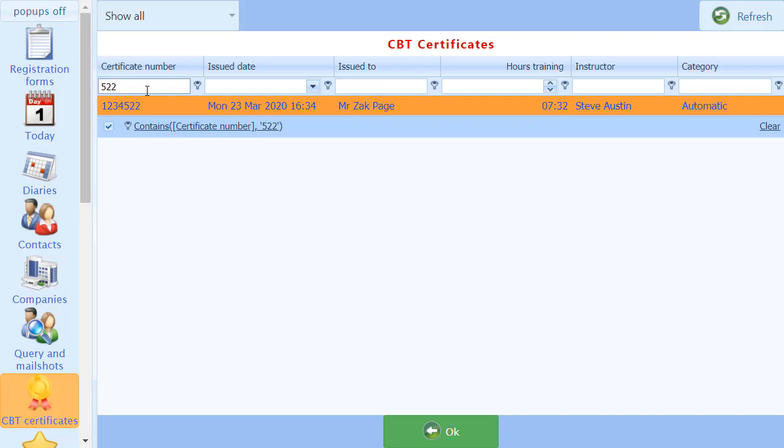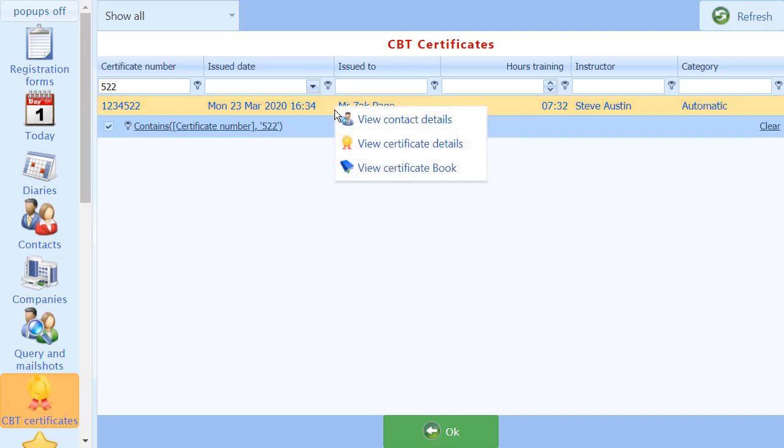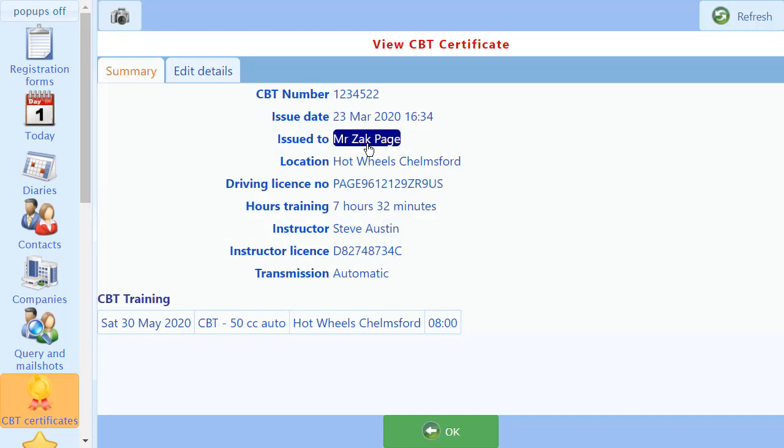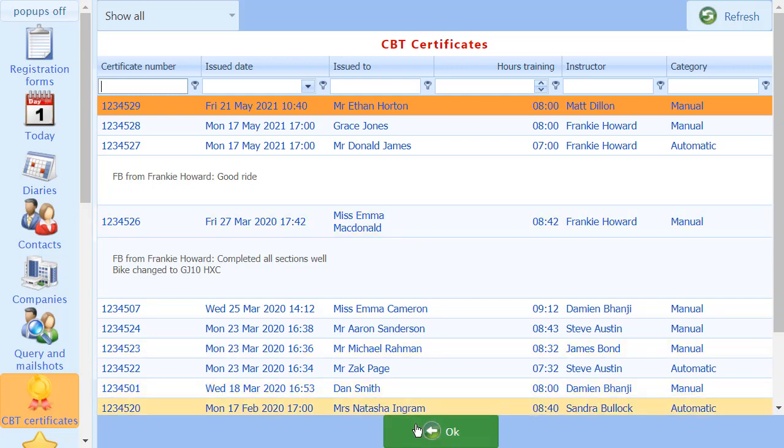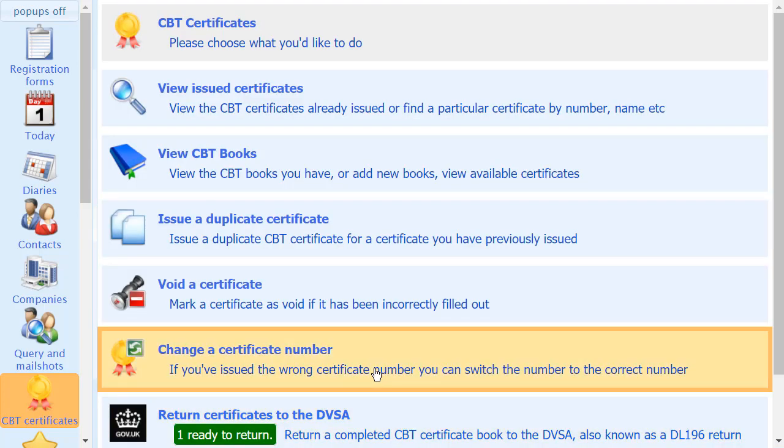It's done a quick search and brought up the details, and I can click on the details there, view CBT certificate details, and there it is, issued to Mr. Zach Page, and when he did his training. I'll just reset that so we can see the entire list there. Right, so next thing